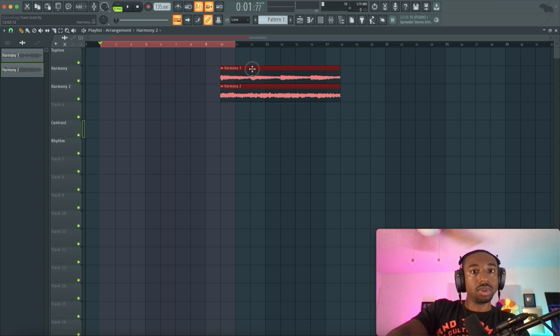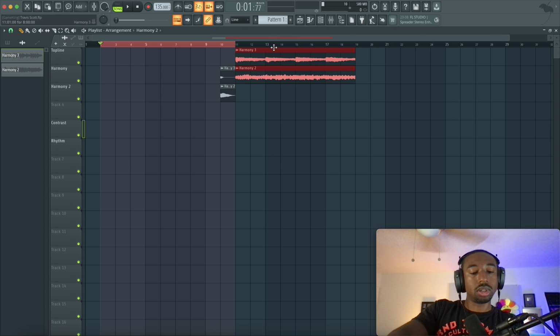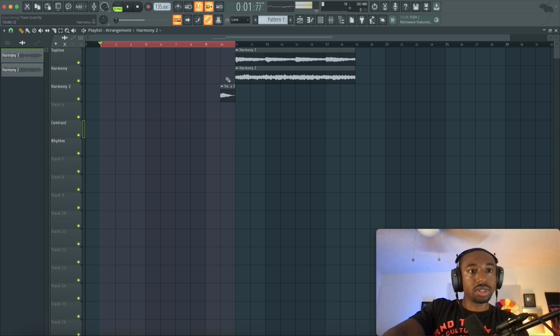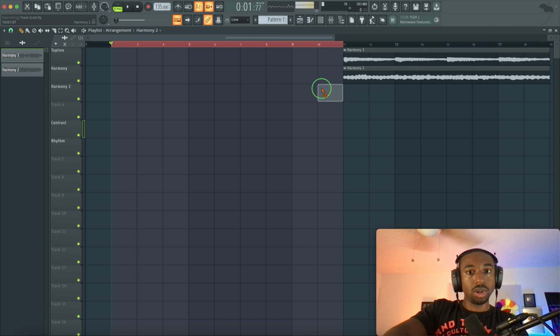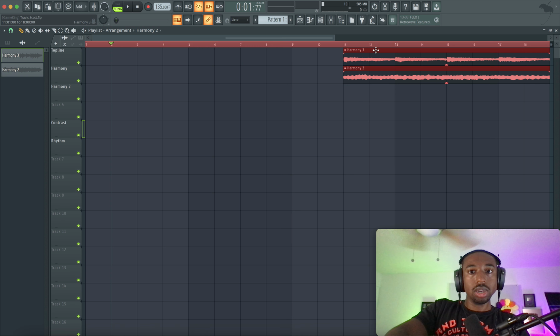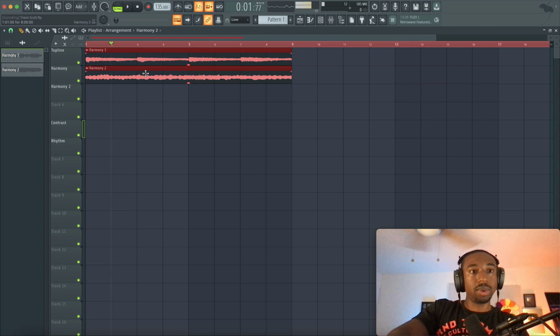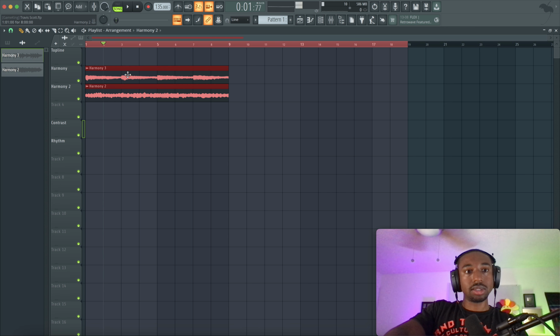We're going to move this over. Darn, let's cut the rest time. I guess it doesn't matter. Okay, so we're going to move this over. The reason I'm doing this is so that we can start from bar 1 instead of bar 2, so I know where I'm at with the music, and then we can create different sections. Right now, these are still the harmony sections.